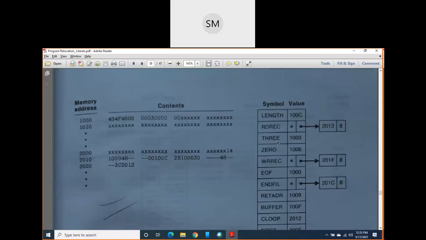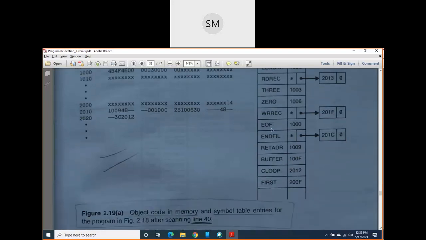Then in your symbol table, end file symbol is inserted, and it is also marked as a star. What is this star indicating? The star means end file is undefined. It means the assembler does not know the address of end file, and it doesn't want to use forward reference. It doesn't want to search its address in the next lines.